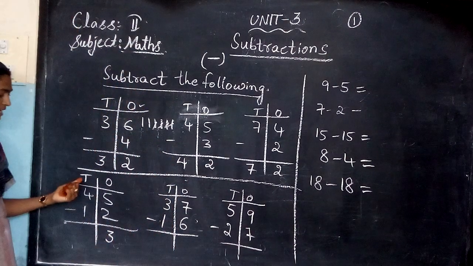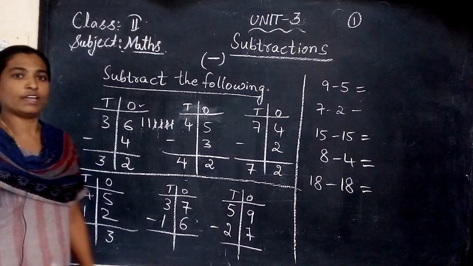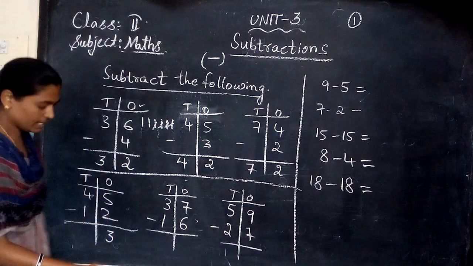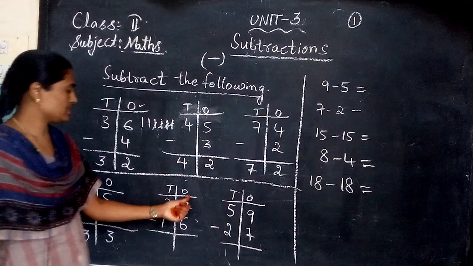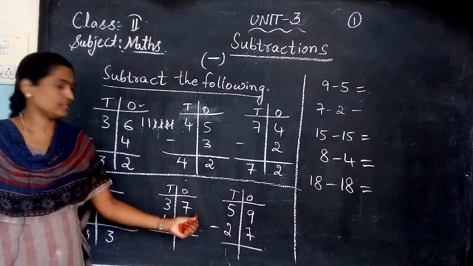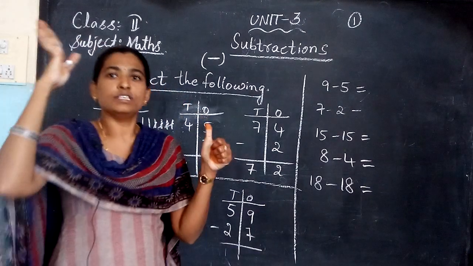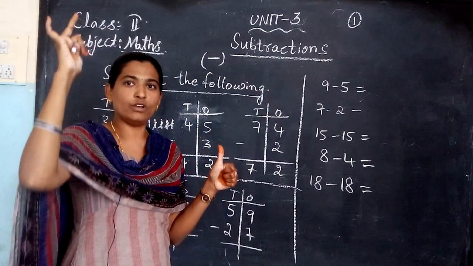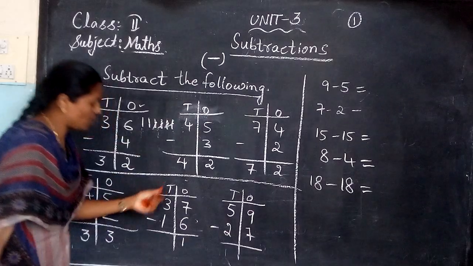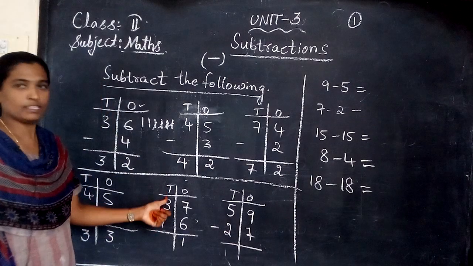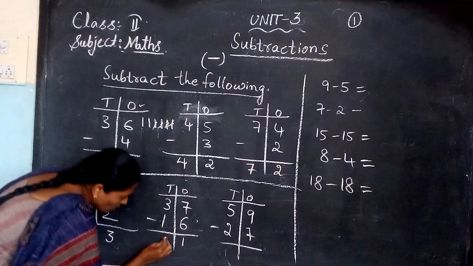Now see here children, in the tens column 2 numbers are there. 4 minus 1. 4 in the mind and 1 in your finger. 4, before number 3. What answer did you get? 33. Yes, here in the ones column what number is there? 7 in the mind, 6 in your fingers. 7 before, 6, 5, 4, 3, 2, 1. Yes, 1. Again in the tens column, 3 minus 1. 3 in the mind and 1 in your finger. 3, before number 2.